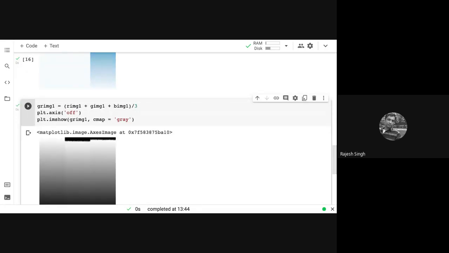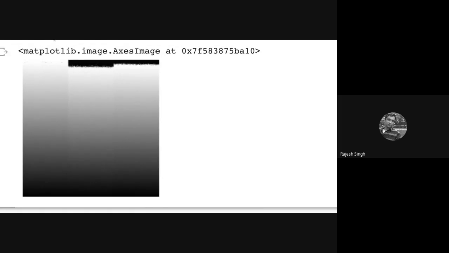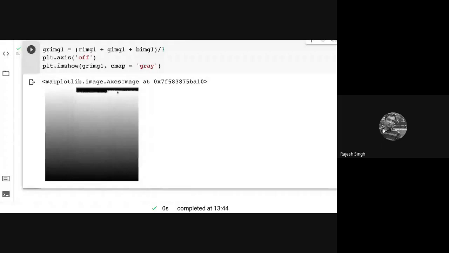Now what is that stripe at the top? See, this is what was expected. If you all see carefully, you should get a very light region at the top because all the colors were completely saturated. So intensity values are very high at the top, and in grayscale you will get 255. Here, all the values are dim. So you are expected to get this kind of result. I am still unable to figure out why this thing is coming up.